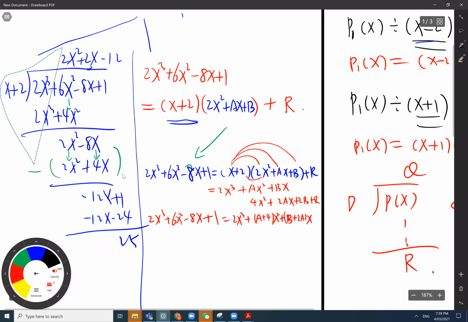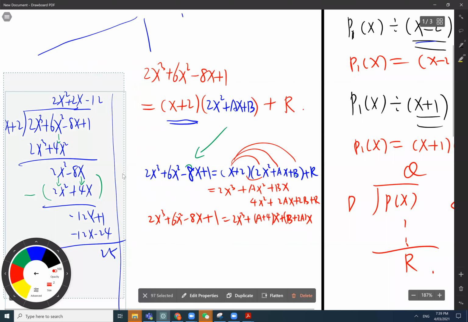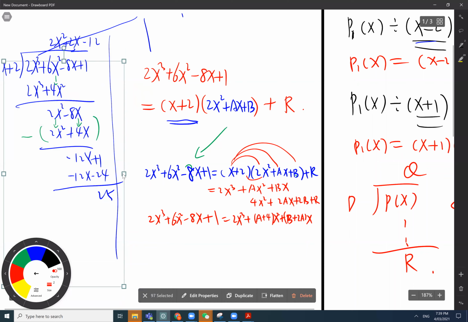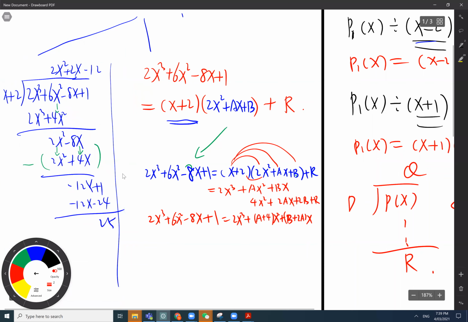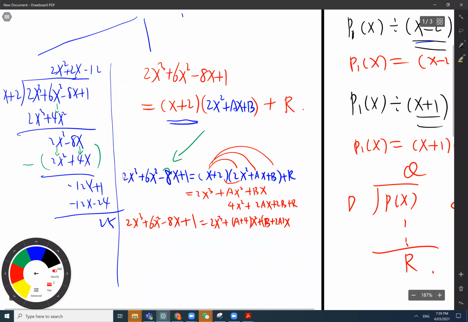I need to borrow some space here. Zoe, any question about this expanding? Expand and simplify. Okay. Now,